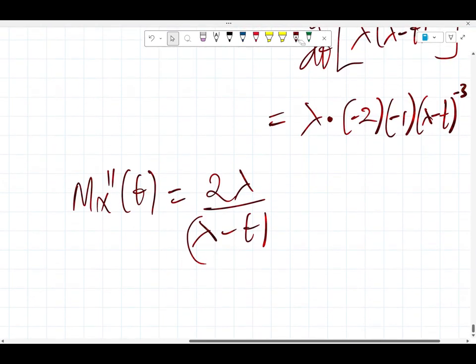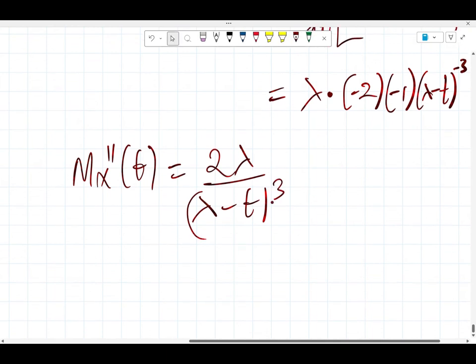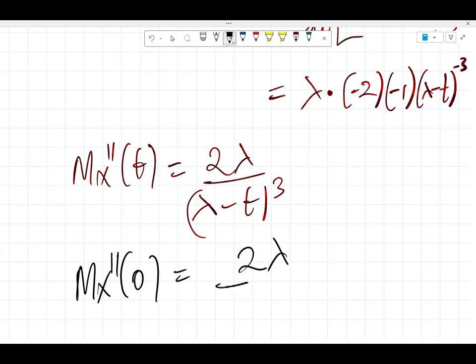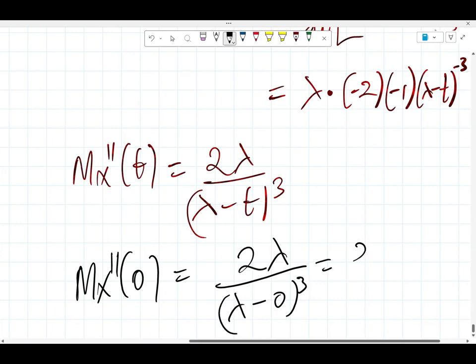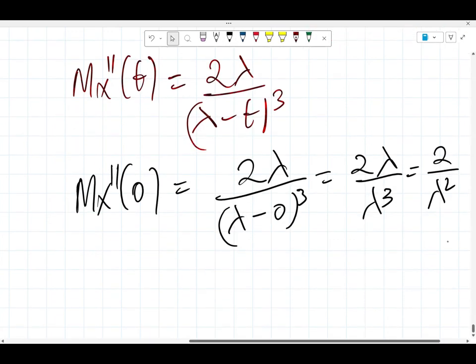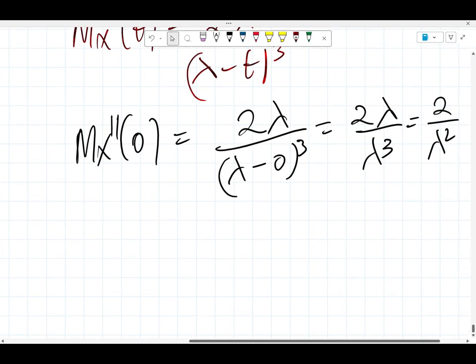Raised power 3. Okay, so now we have m x prime prime evaluated at 0. That is 2 lambda all over lambda minus 0 raised power 3. That is 2 lambda all over lambda cube. That is 2 over lambda squared. So now 2 over lambda squared is the second moment,